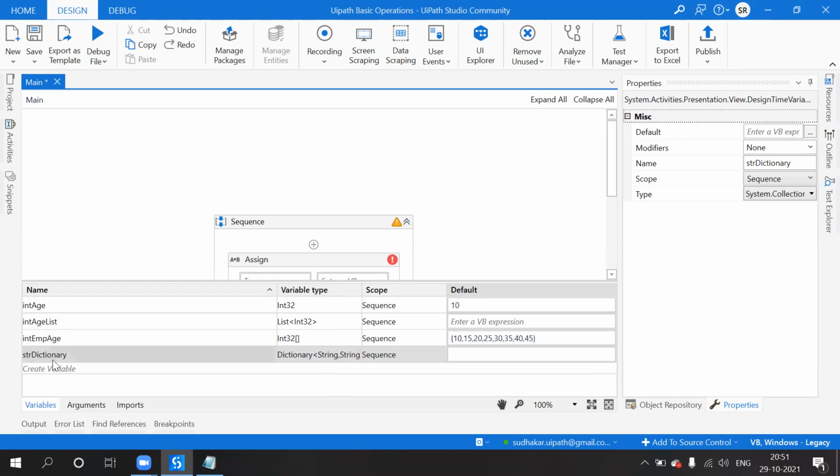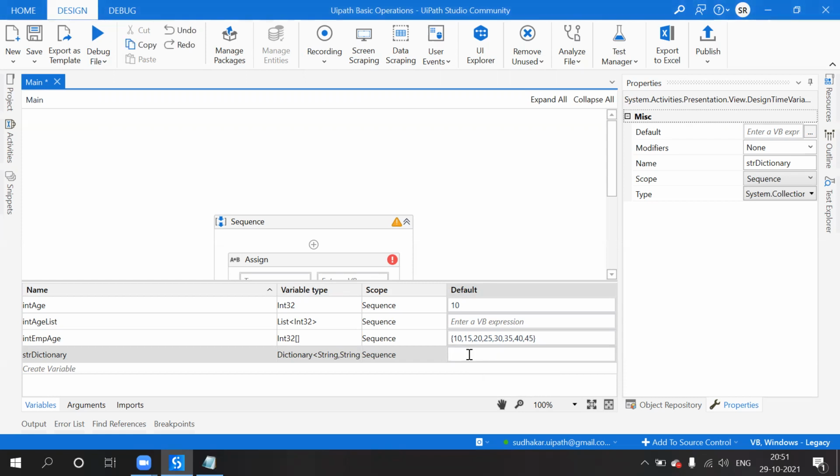So I have declared a variable, I created one variable and I defined the type of this variable. I did not assign any value here. When you assign a value to that declaration, that is called initialization.